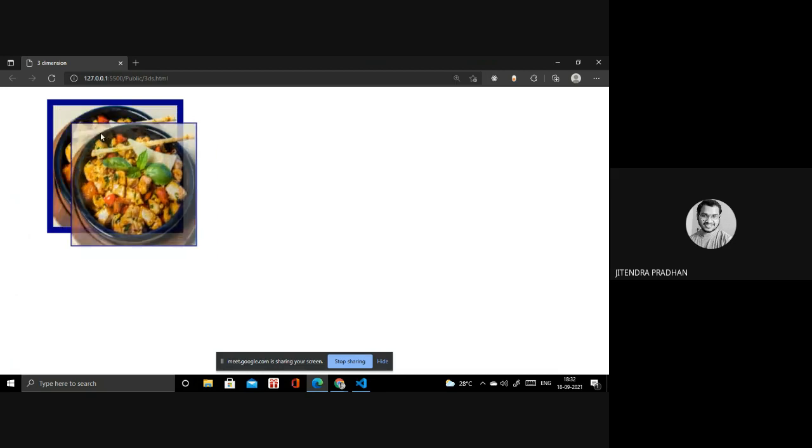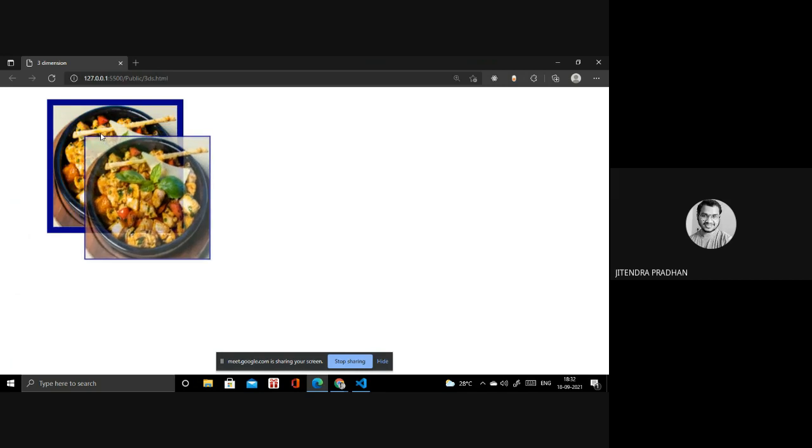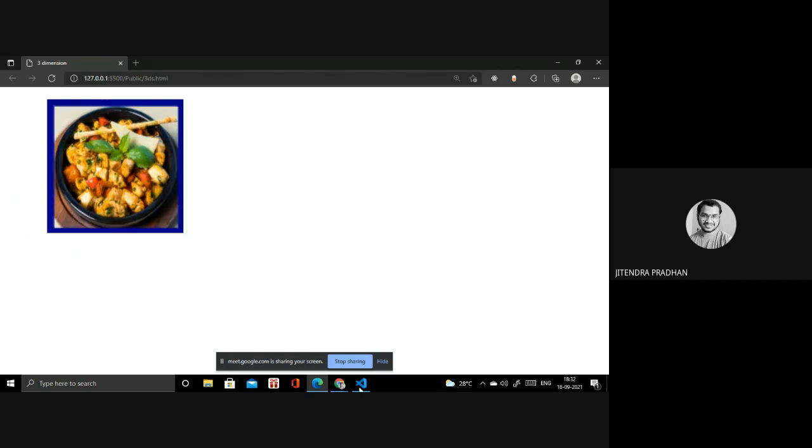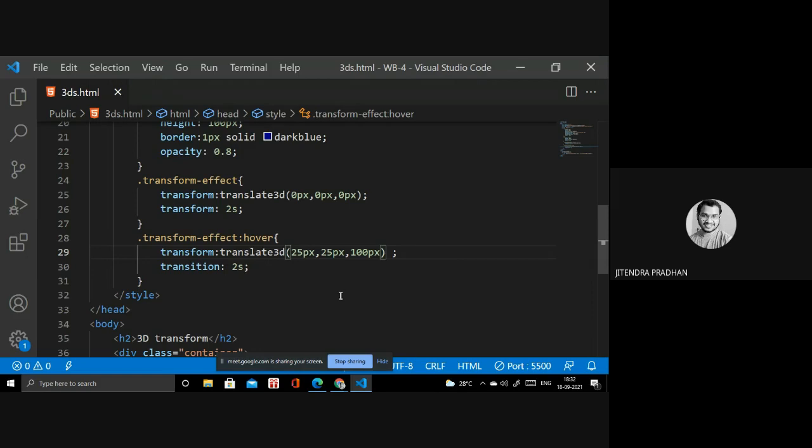If you want the second picture to be larger than the background, you can give that 5 pixel as well, so it will look like you are not applying anything to the background, and the same picture is moving inside it, right? So I hope you got that. We also have the skew option and scale option. If you want to increase the size, when I mouse over it, it will double the size. At that time we use the scale option, and the skew option I already showed you in 2D as well. So you have to try yourselves.